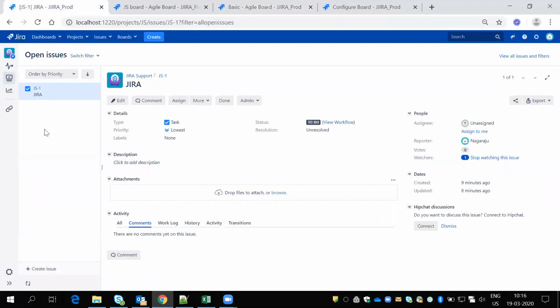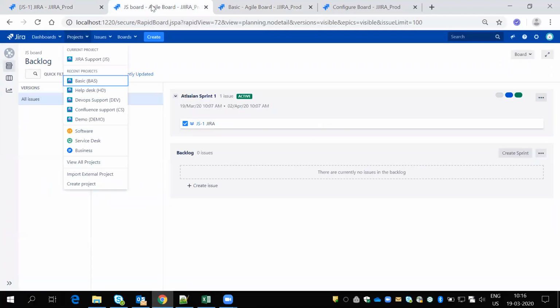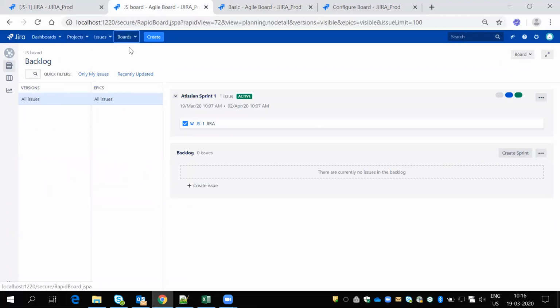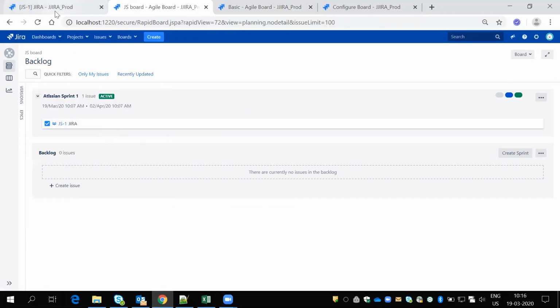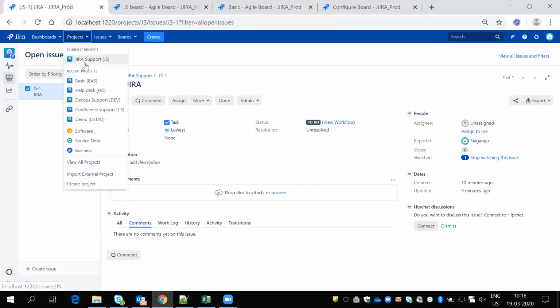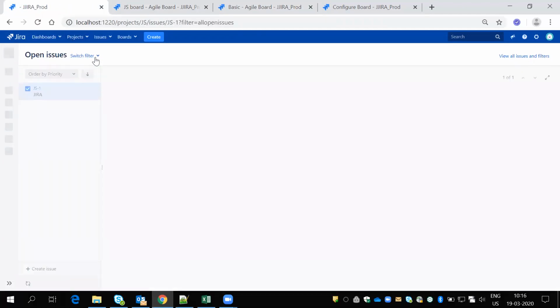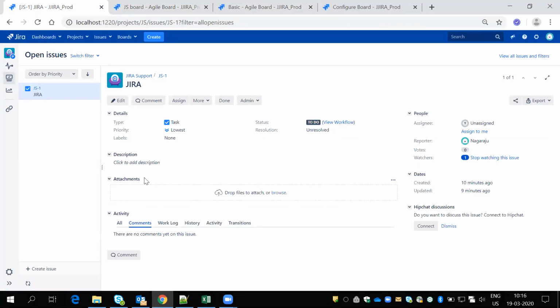But when you change this business project to Scrum, the types are different. So in this case, if you create this JS board, this board will be open. So I have epic versions and this backlog and everything. But if you click on projects, the JS support project will be open, and the board will not be open, because the types are different, the two things, board and project, will not merge. Okay, this works differently and this work will be different.